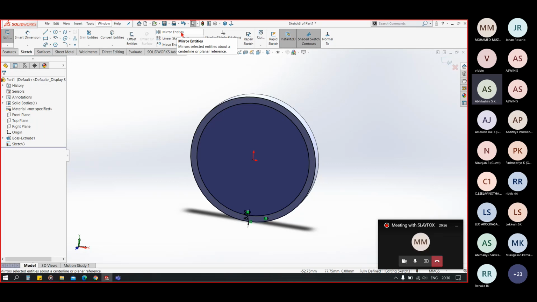Next option is linear sketch pattern. In the linear sketch pattern, we have direction 1 and direction 2, and we can select the sketch or part of the sketch as entities to pattern, and give the number of instances and the distance between them, so that we can have a linear pattern in one or two directions.